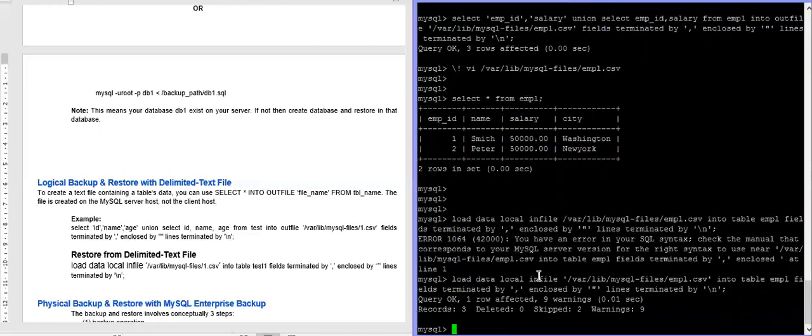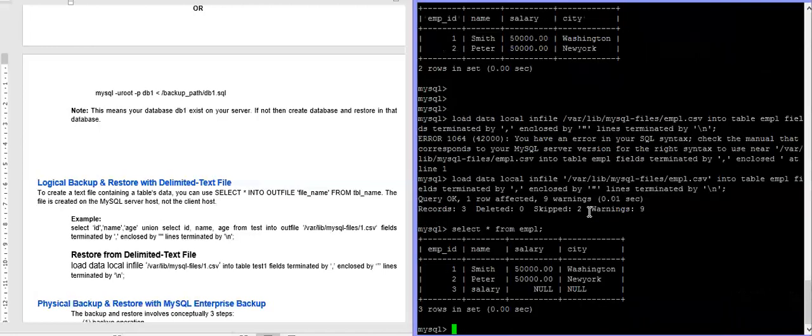Yes, done. So now if we select from this table, there will be two more. Okay. Why?